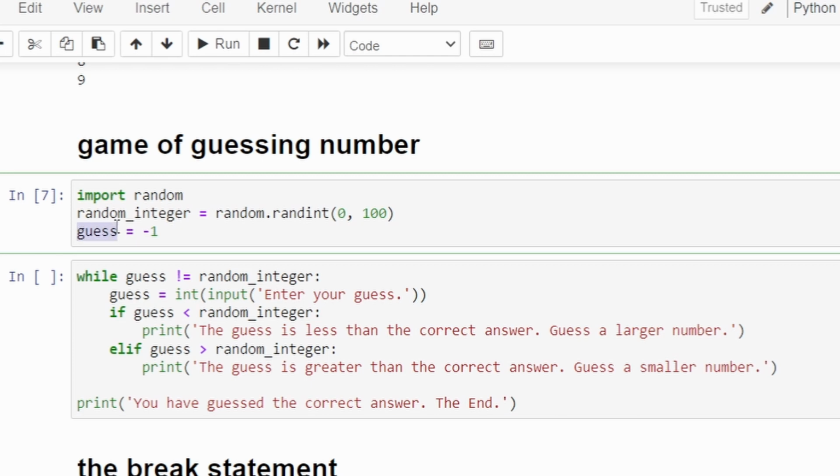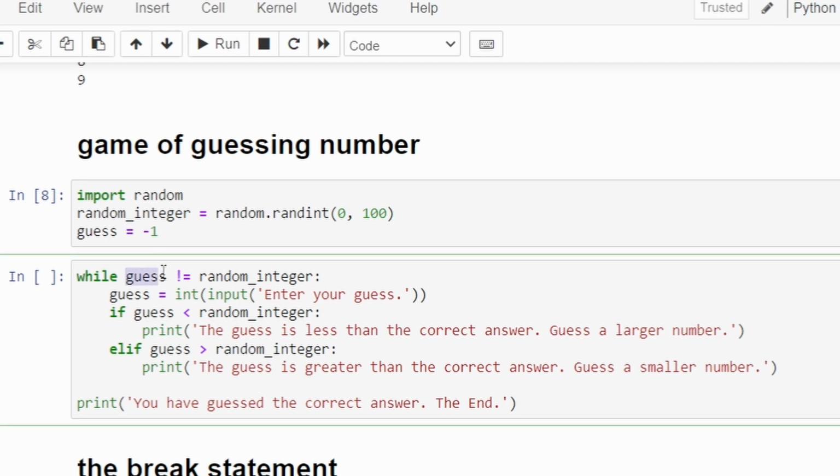So I'm going to initialize this guess variable equals to -1, and inside my while loop, while guess is not equal to the random integer, all these statements will be executed. Because the guess is initialized to be -1, it will never equal a random integer between 0 and 100. So this condition will always be true in the first loop. Once it is true, we will ask the user to input another guess, convert that into an integer, and